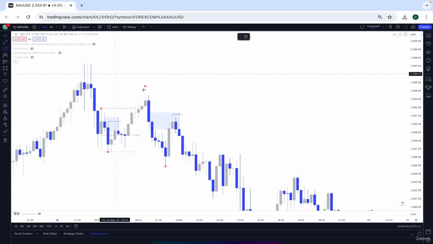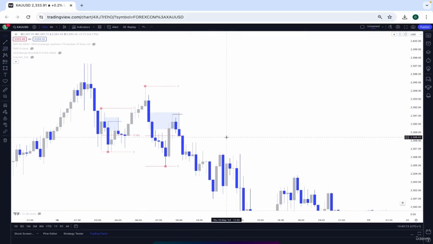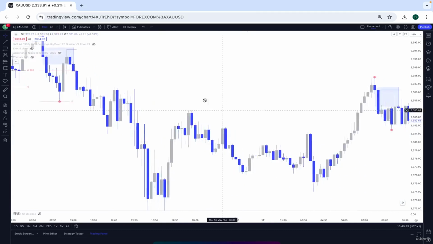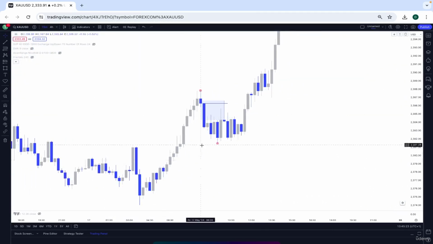Move on to the next one. Here's the previous high, down to the previous low, and again the trigger candle high is higher than the 38, so we're positioned well. And in those two trades we'll move on to the next step in the process. Moving on, this one here,